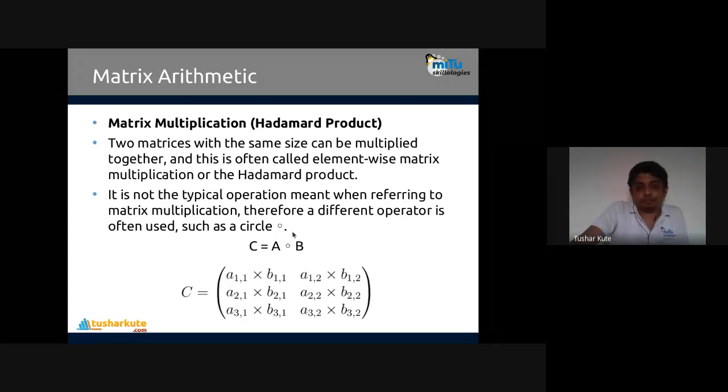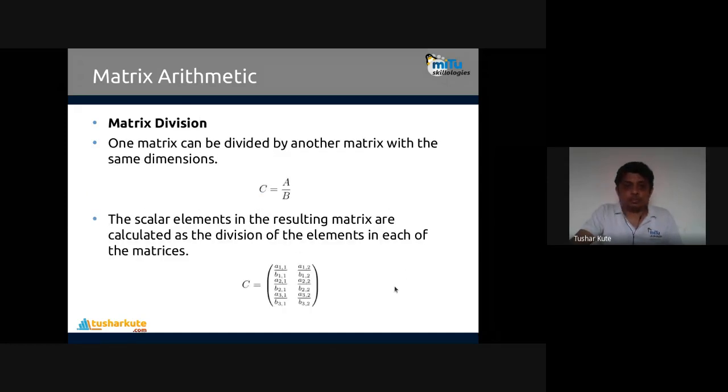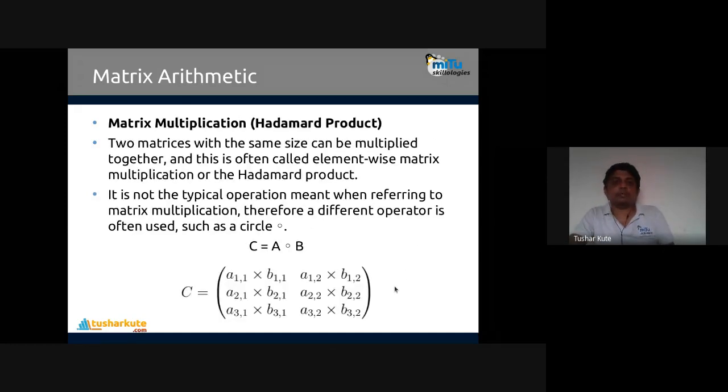It's called a circle, we have to write a circle. Sometimes a circle with a plus is written. I think some of the books refer to it as a circle, or a circle and plus, like that. They are multiplying directly, one-to-one multiplication, called the Hadamard product. So just like addition and subtraction, we can do multiplication also. You can see A11, B11, A12, B12, A21, B21, and so on. Okay, fine. This is the element-wise multiplication.